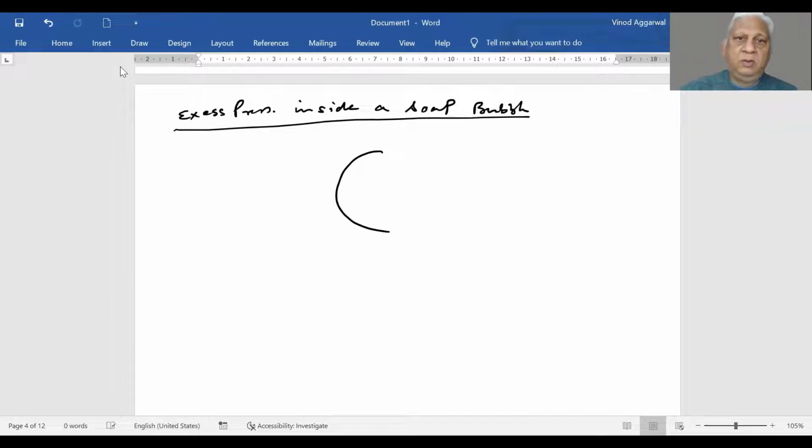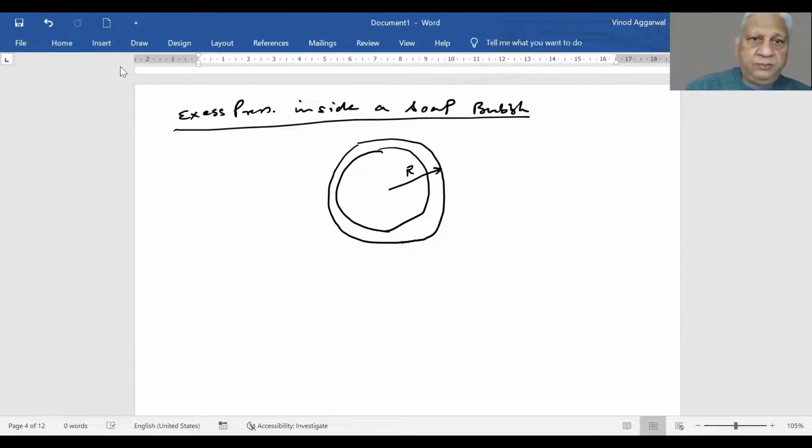The soap bubble is like this, and it will have certain thickness. I'm just magnifying it for the sake of understanding. This radius or this radius is same because this is too thin. So this is R,